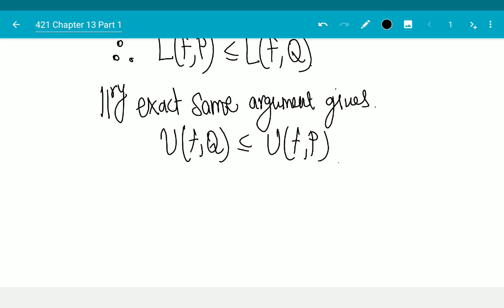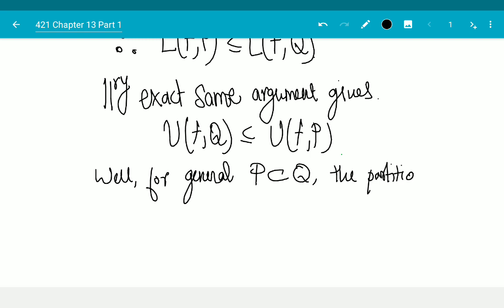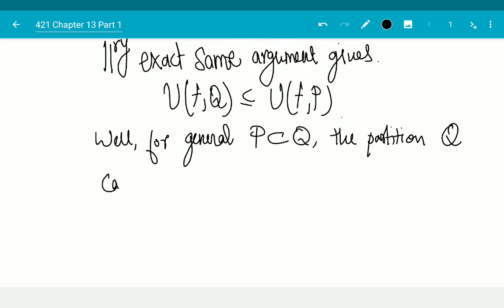And so for the final touch, I just say, well, if I have any random P containing Q, for general P strictly contained in Q, the partition Q can be obtained from P by a sequence of partitions,